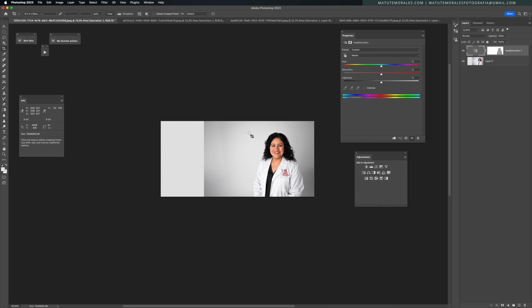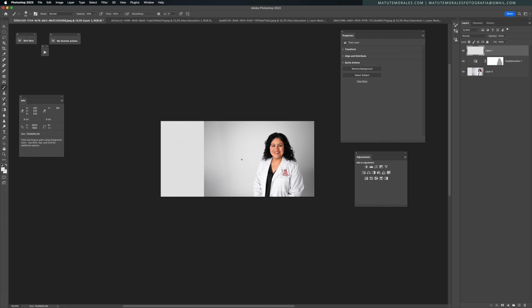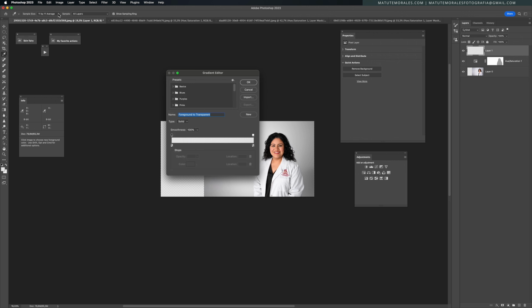In this case, we will want to extend this, and for this, maybe the best or the fastest way to do it is to use an empty layer over everything, select the whitest part of the backdrop, get the gradient tool, pressing G, and in here you will select in the basics